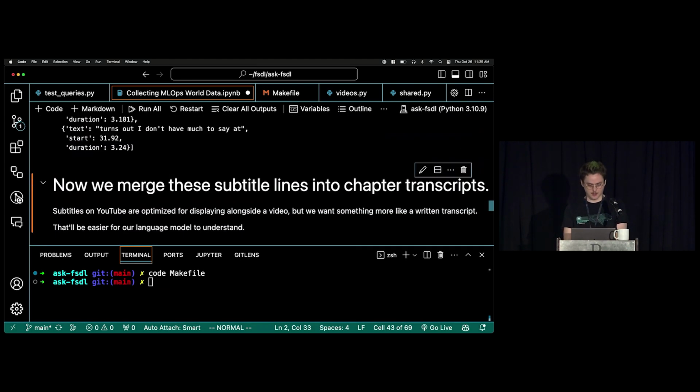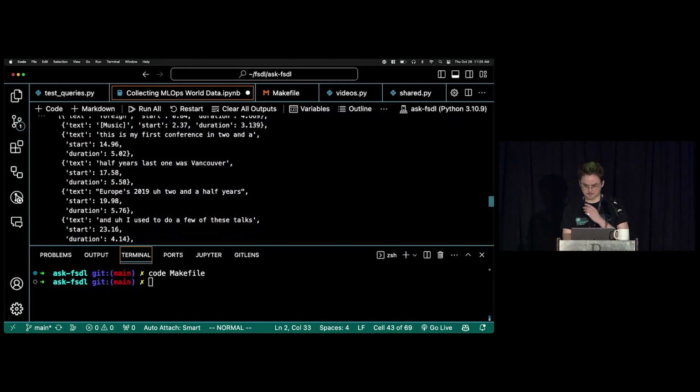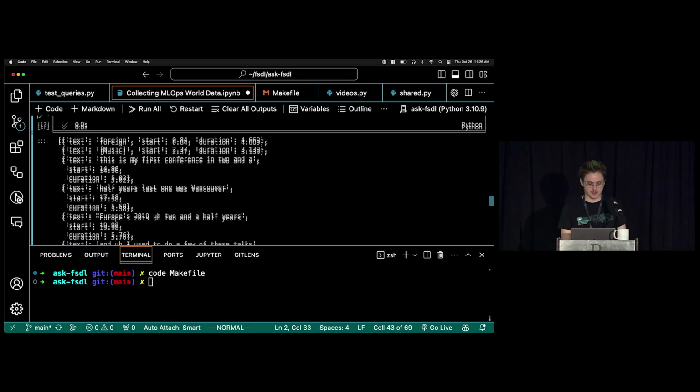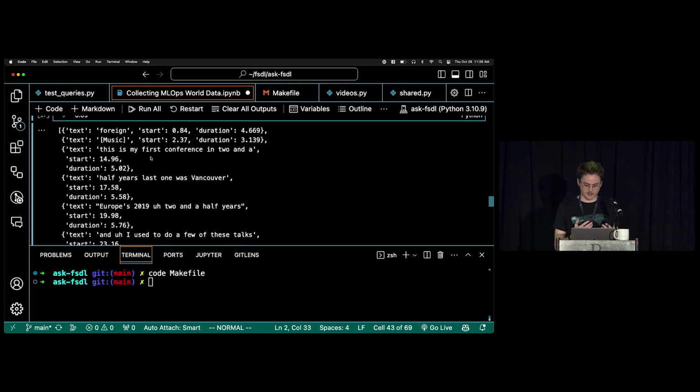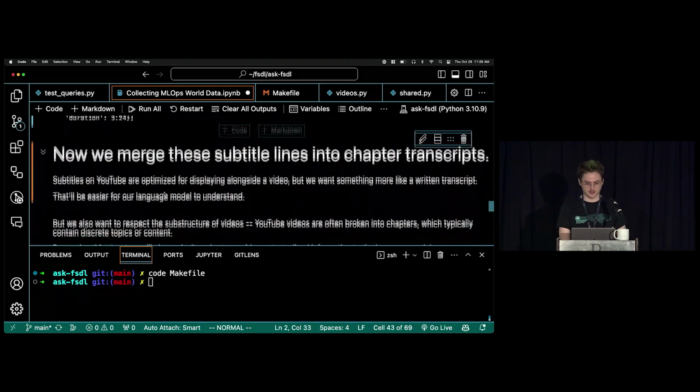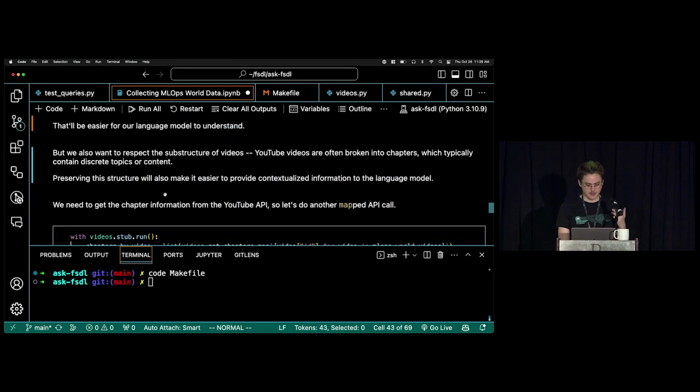Okay, all right, so we get out our transcripts. The transcripts provided by the YouTube API are the kind you'd want in a video, where it's line by line and useful for displaying on top of a video. But with our language model, we want to take this information and turn it into something that looks more like a transcript than subtitles, like a written document. And so we need to manage these. Again, there's a nice Python library for handling